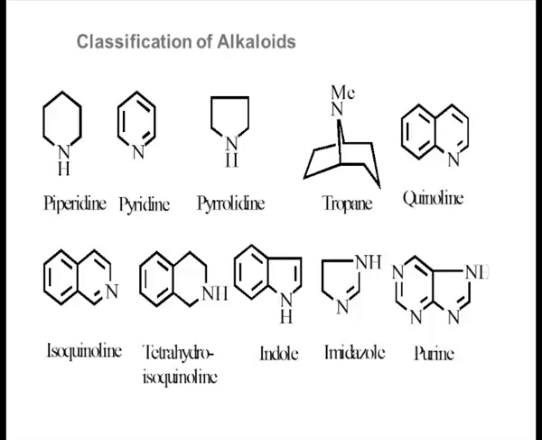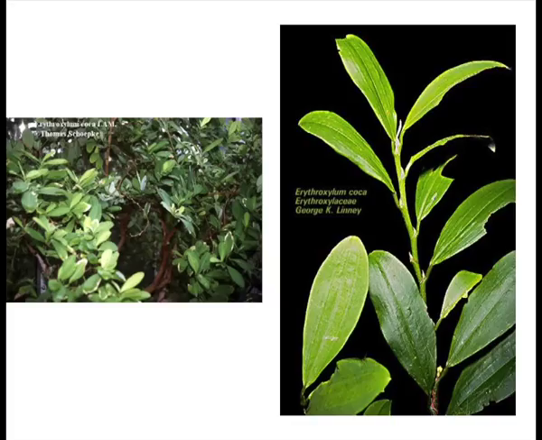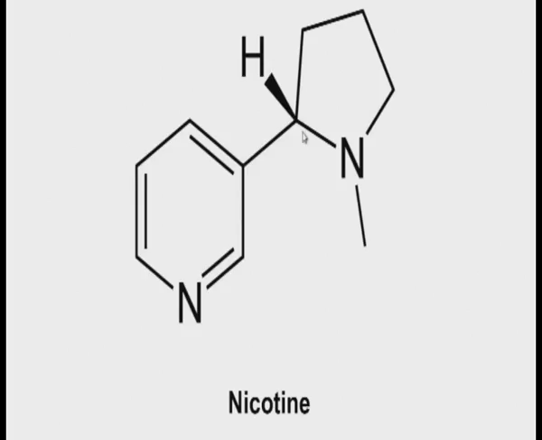In the building blocks of life, many materials are purines. So all these are nothing but carbon compounds having nitrogen, or carbon-nitrogen bonds. Okay, these are some of the natural sources from where you can get the alkaloids. Some pictures are being shown just to show how the coca leaves and other things look.